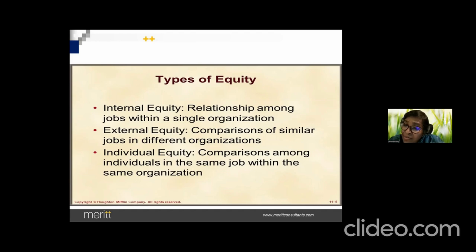Now, how do we establish internal equity? I told you when we were doing components. Quick, how do we establish internal equity, guys? How do we ensure that people are getting equitable salaries? Through job evaluation. Depending on job roles, paying as per the job role. Job roles and the... Absolutely.